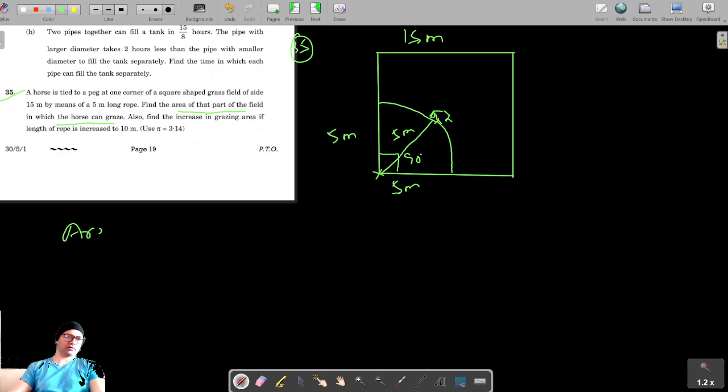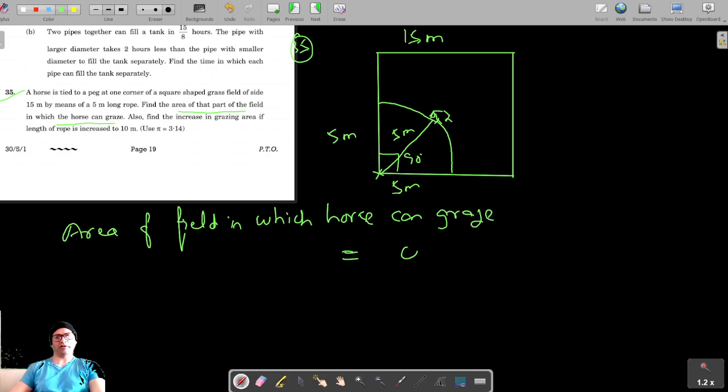So the area of the field in which the horse can graze is in the form of a quadrant, which is a sector with central angle 90 degrees. So it's theta by 360 into pi r square. So theta is 90 by 360 into pi is 22 by 7, which is